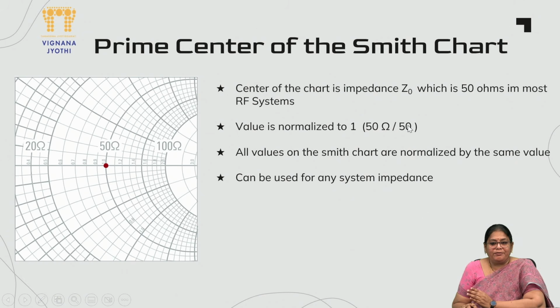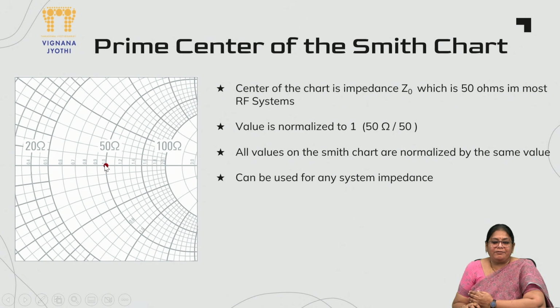So 50 ohms by 50 ohms is your value normalized to 1. So this 1 is indicating 50 ohms. Now in the same line, if you proceed to the other side, for example here there is a 2. How do you identify the impedance, or the resistance, corresponding to it? Since it's normalization, the normalized value is 2, which means we have to multiply 2 with 50,